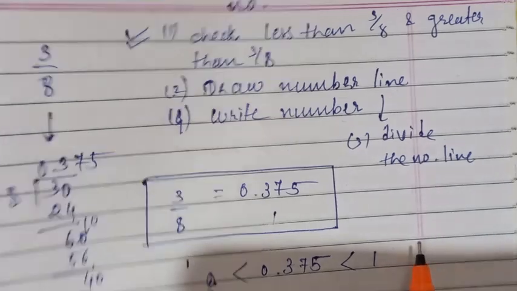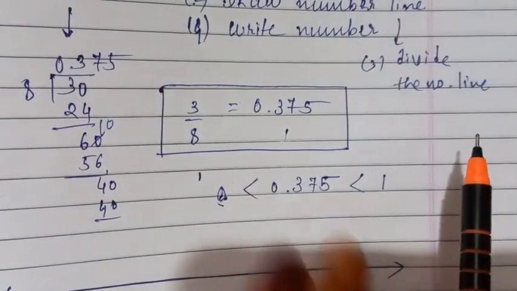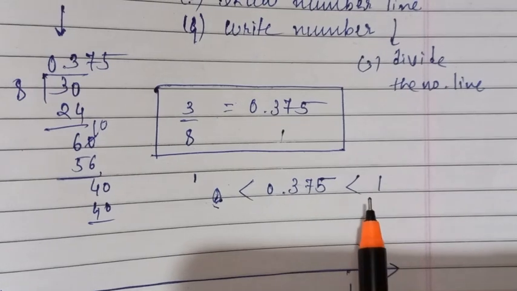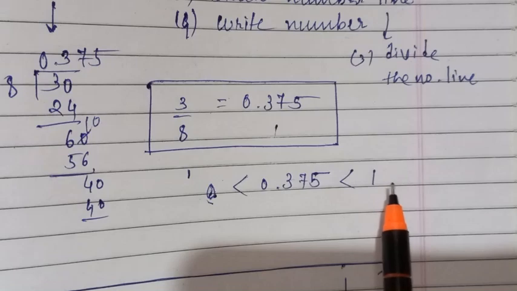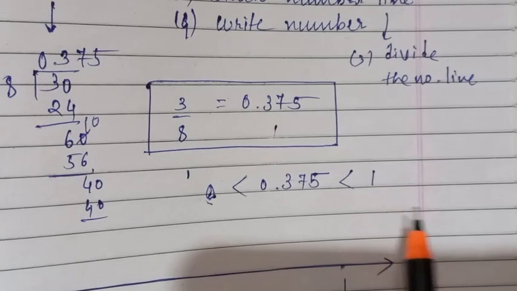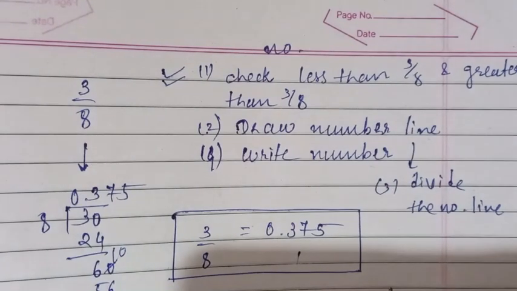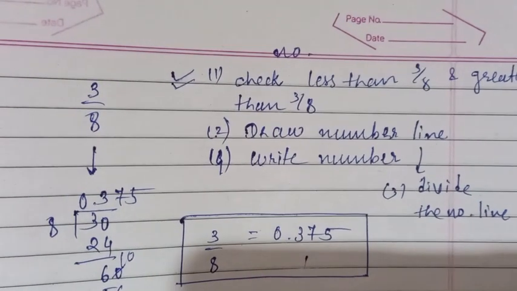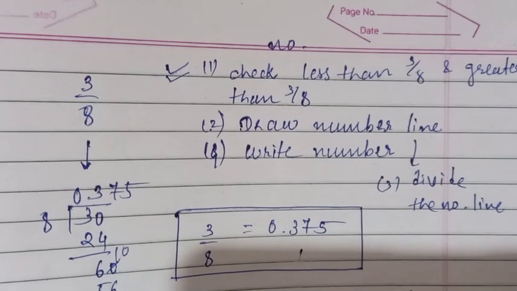Now you know where to start the number line and where to end. Then divide the number line by noting down the denominator of our number. As in this example, the denominator is 8. Then we divided the number line into 8 parts. If you are asked 3 by 5, then you will divide